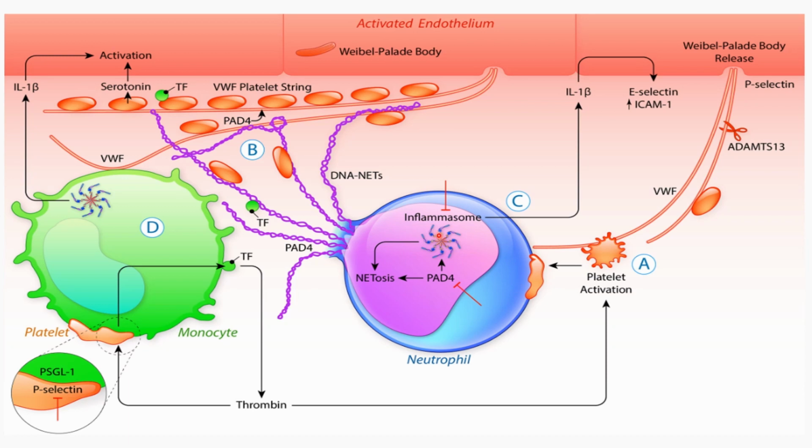So in neutrophils, activation of neutrophilic cells through platelets will result in activation of the process of NETosis, or formation of neutrophil extracellular traps, and this will also be preceded by activation of the inflammasome. So as I said before, PAD4 is important for the process of NETosis, or formation of neutrophil extracellular traps, as well as for inflammasome activation,